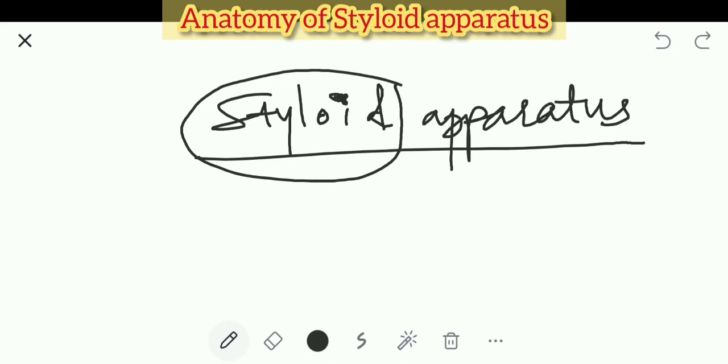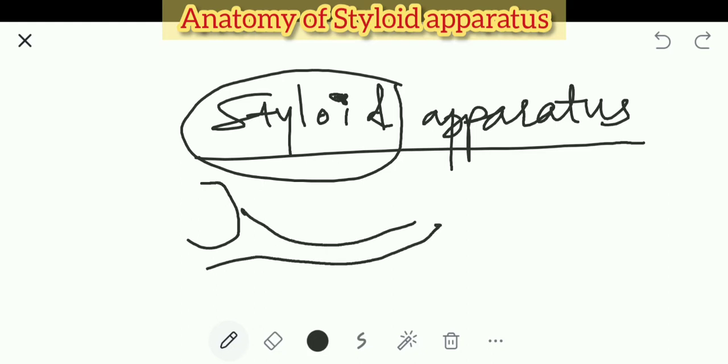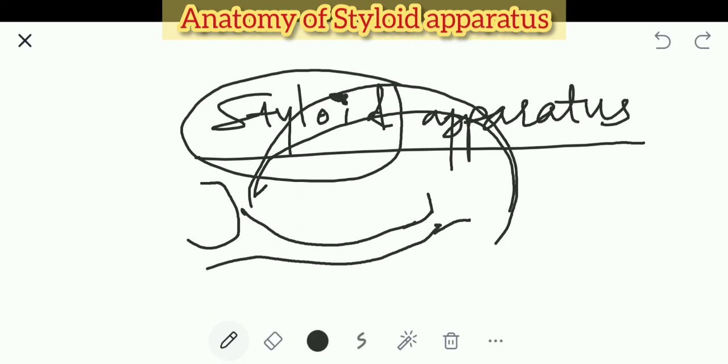So we will see all the diagrams later on. Yesterday we saw that this is the eye, the orbit. From here you had the zygomatic arch. The zygomatic arch is coming from the temporal bone. So here is the temporal bone like this. And behind you have this mastoid process. This is not the complete skull. This is just the temporal bone.